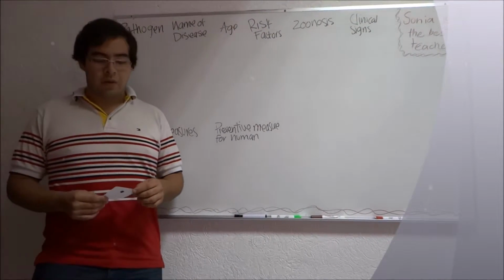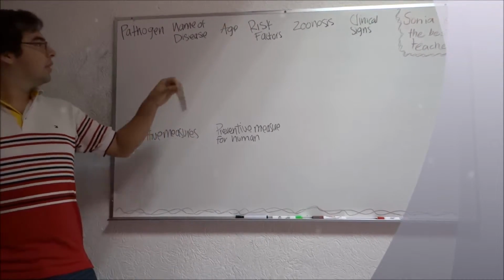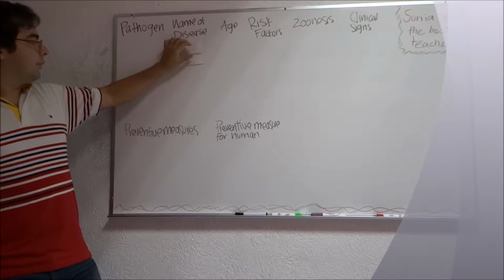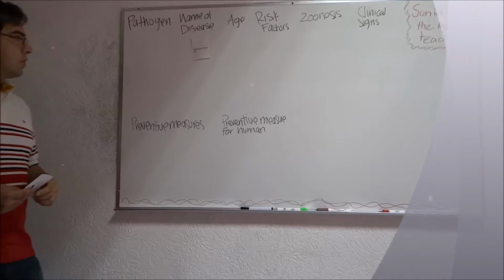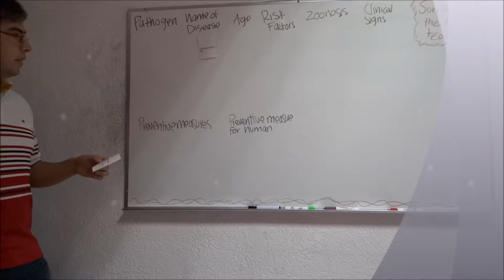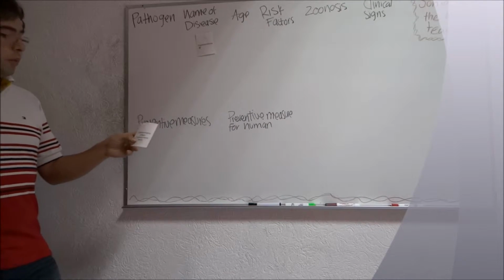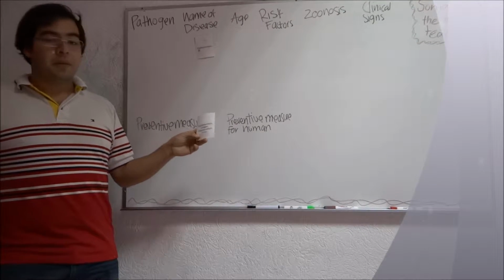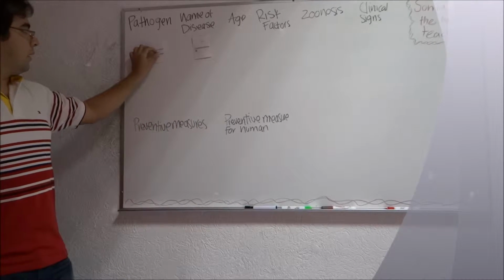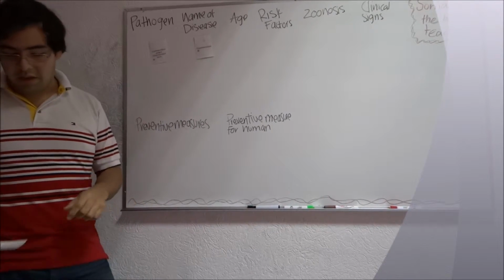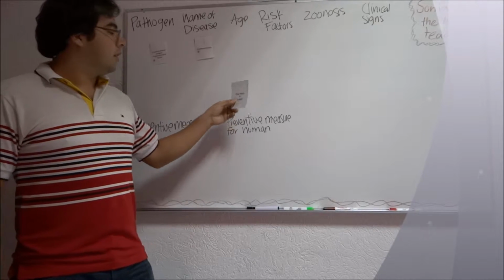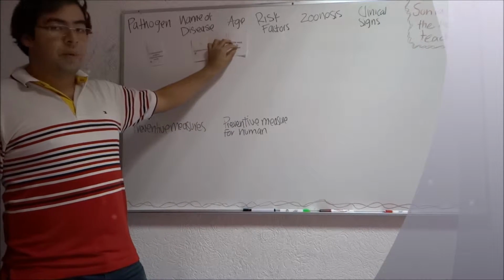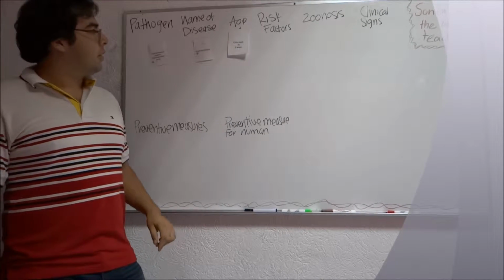Hello, I'm going to talk about cryptosporidiosis. This is the name of the disease. The pathogens that provoke this disease are Cryptosporidium parvum and Cryptosporidium bovis. The age of onset is 1 week to 3 weeks, and the risk factors